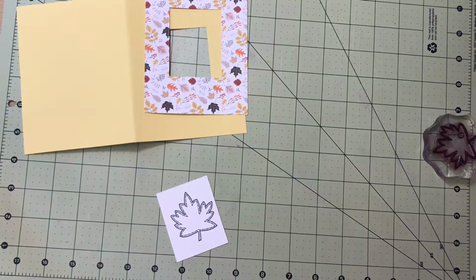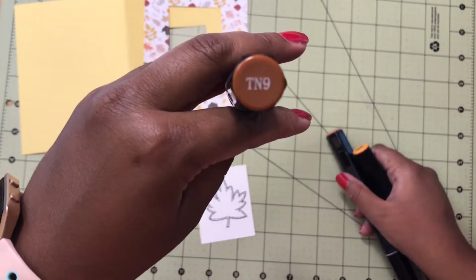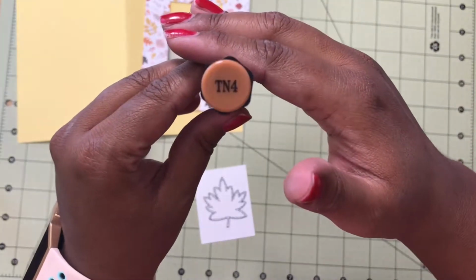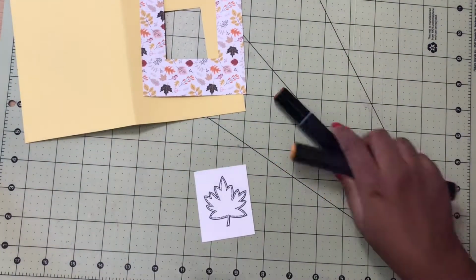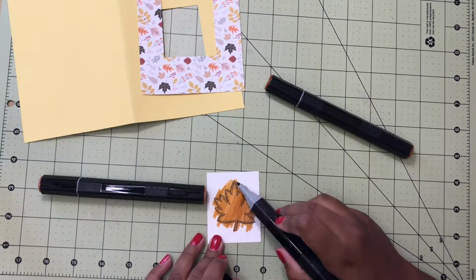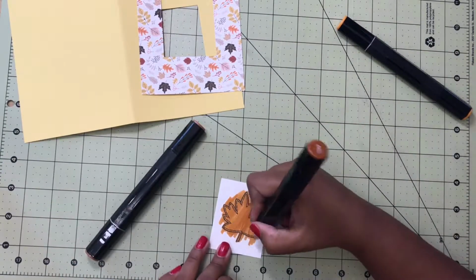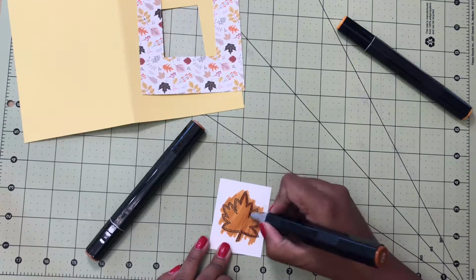card. I stamped this leaf image with Memento because I am going to be coloring it with my Spectrum Noir markers, my alcohol markers. You can use any kind you have. And as you can see, those are the colors I chose. And I'm doing a very, very sloppy job at coloring because I am going to be fussy cutting this, so it really doesn't matter. I went with my lightest color first, and I outlined it with my darkest color, and